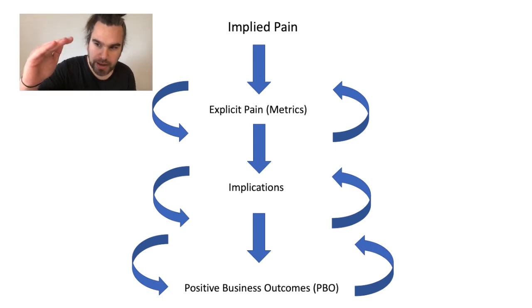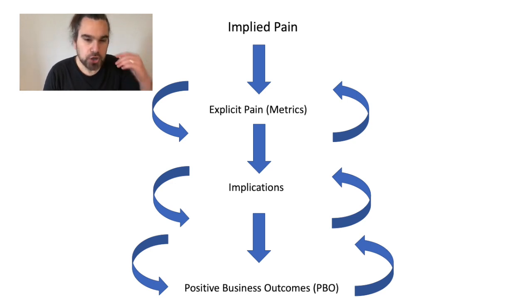So we've gone from implied pain to explicit pain. They couldn't give us the metrics because they didn't know them. And then we went to implication, and then we got the metrics out of the implication, which was hitting that growth target of XYZ. So again, try not to think of this like the implied bone's connected to the explicit bone's connected to the implication, because it doesn't work like that. You've got to jump up and down that ladder to truly take pain on a journey.